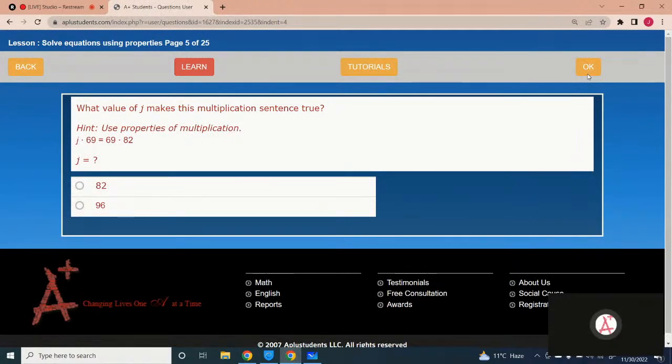Okay, what value of J makes the multiplication sentence true? That is the commutative property of multiplication. So the missing number is... in the commutative property on both sides the numbers are the same, just their order is different. Got it? So J equals,